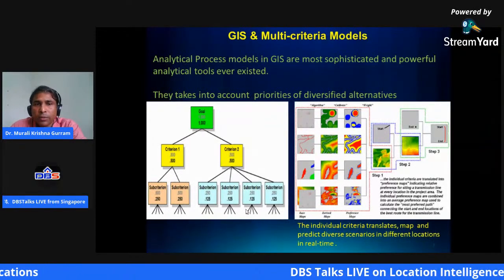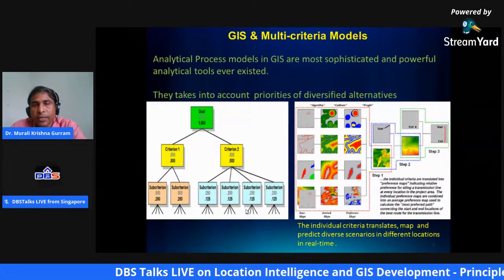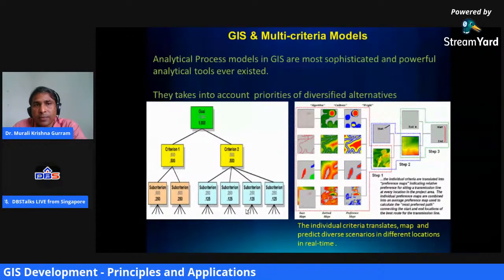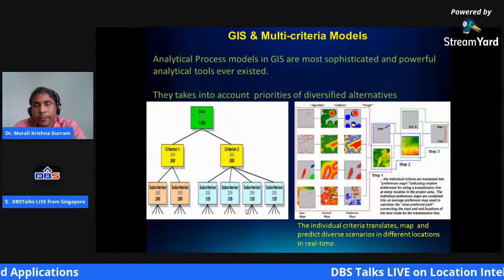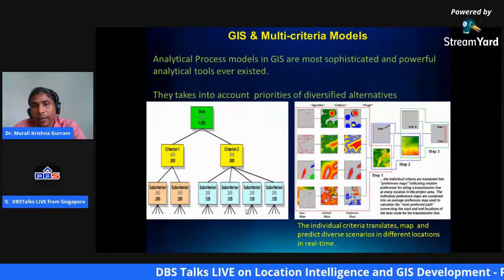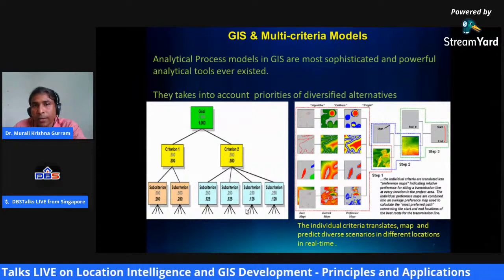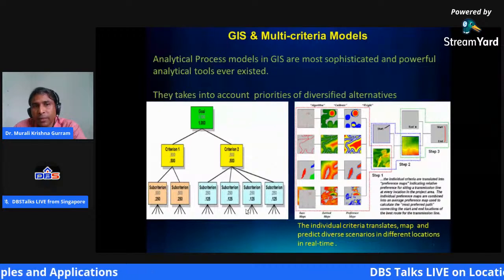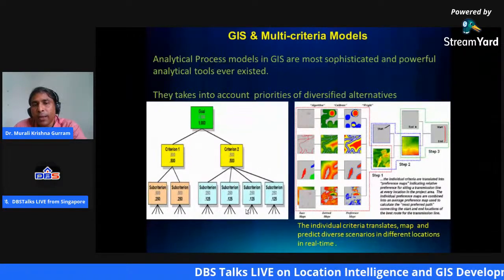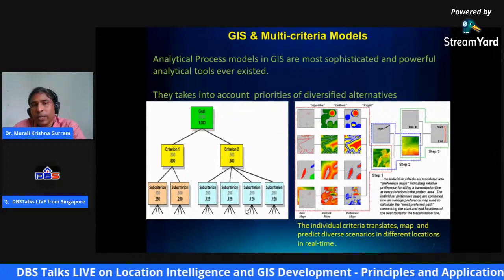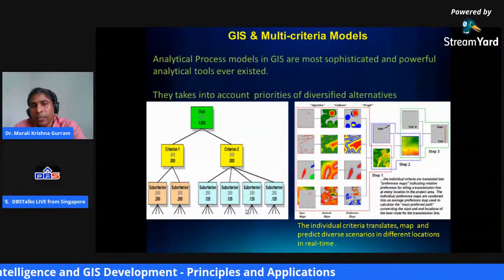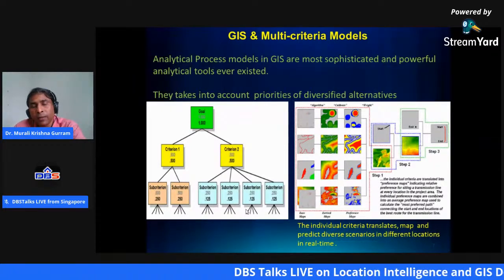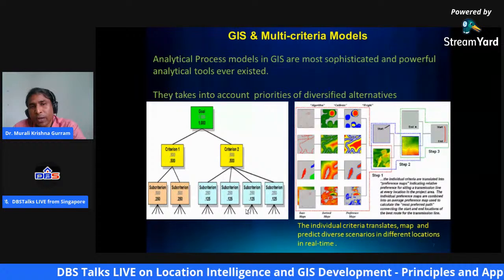When we talk about the capabilities of GIS, here we are in fact referring to its ability to handle multi-criteria in a hierarchical view. So what we call a multi-criteria model. Because in GIS we deal with everything in a layered concept, because the real world itself is a layered thing. So as I told you, the temporal. Each time we refer to a temporal dimension, we deal with that in the computer space, in GIS space, as a specific layer.